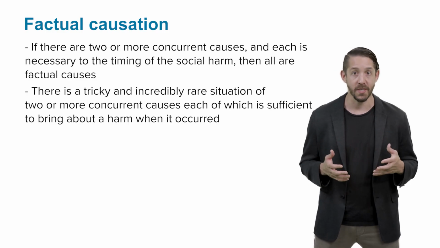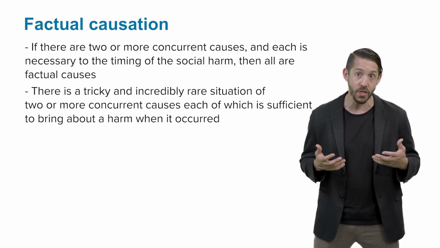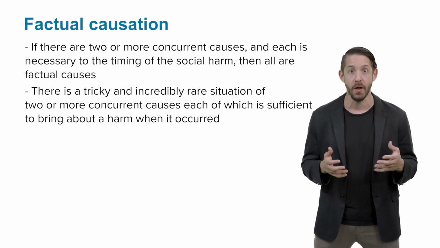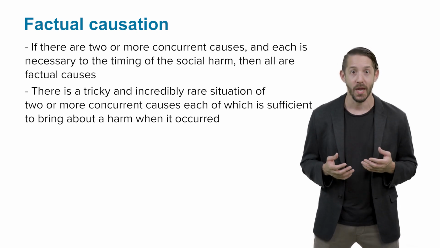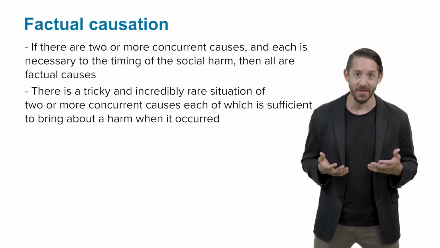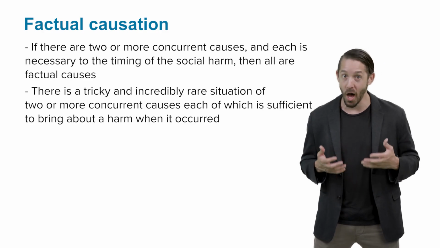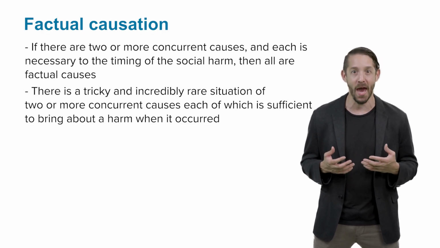Under these circumstances, neither actor appears to be a factual cause based on the principles we've been learning so far. Because if you subtract one person's conduct from the equation, the result remains the same. Vernon dies when he did. And yet, here the outcome of standard factual causation analysis is less than satisfying. To say that neither Dinesh nor Dahlia can be held liable for murder under these circumstances seems morally problematic.